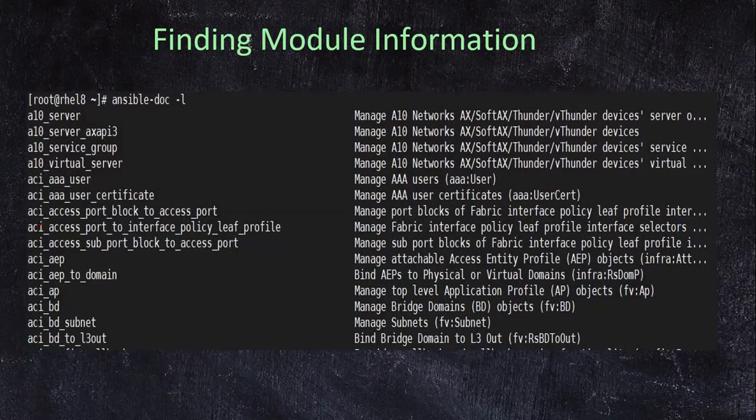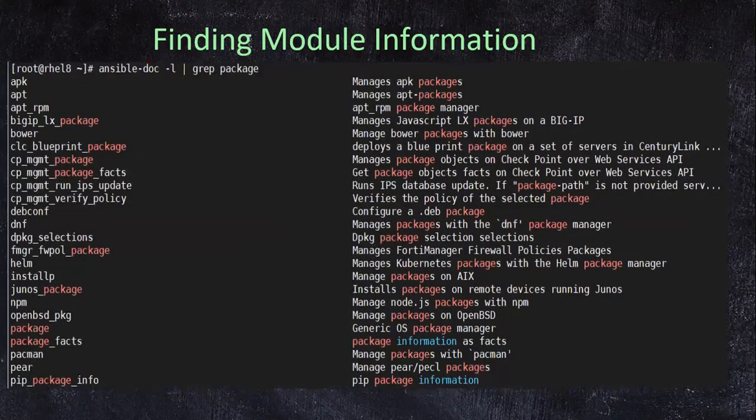For example, you want to get a list of all the modules. You can make use of the command ansible-doc space -l. This will give you a complete list of all modules, and what these modules are for. And not only this, for example, you are trying to search for a module with respect to a specific entity. Maybe you remember that it is something related to package. So an example would be, you can do a grep from the output of this for package. So wherever package is mentioned, all those modules will be listed for you.